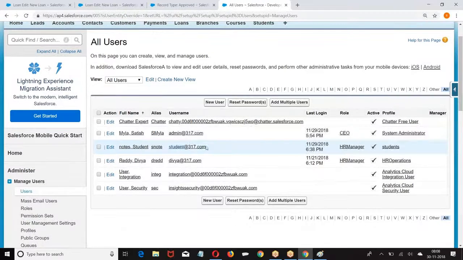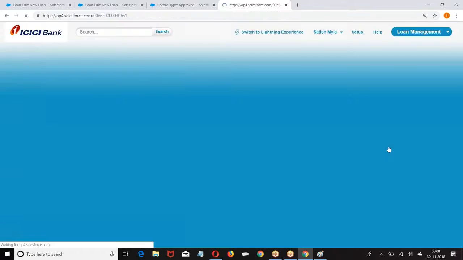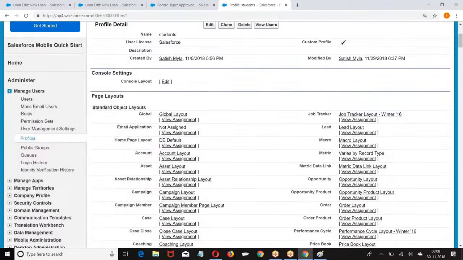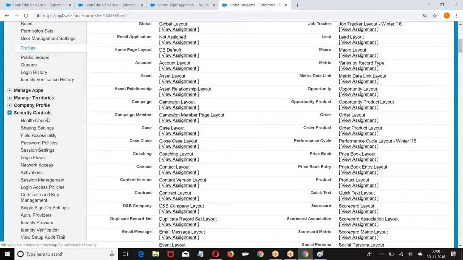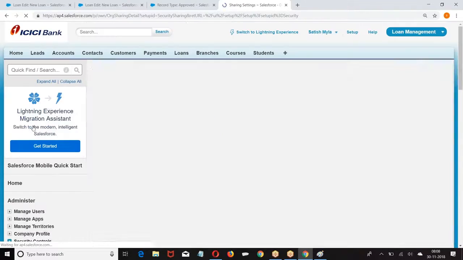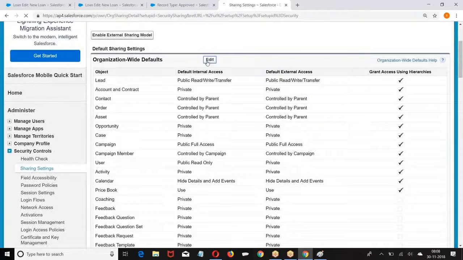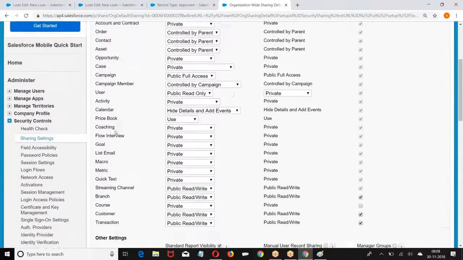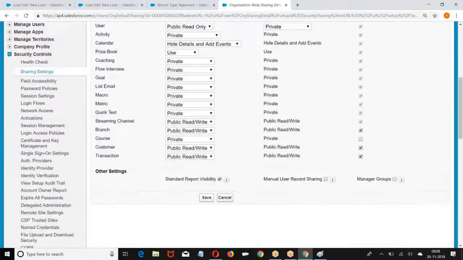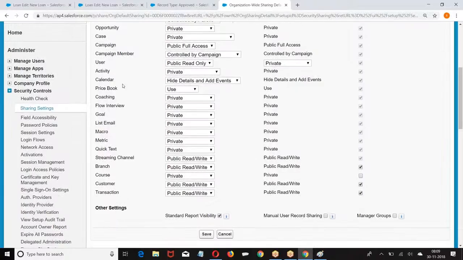User, student, student's profile. Let me cross check the security model. Sharing settings. Cross check role hierarchy is enabled or not. Branch. On the student, do you have any master detail relationship? One is the loan customer.